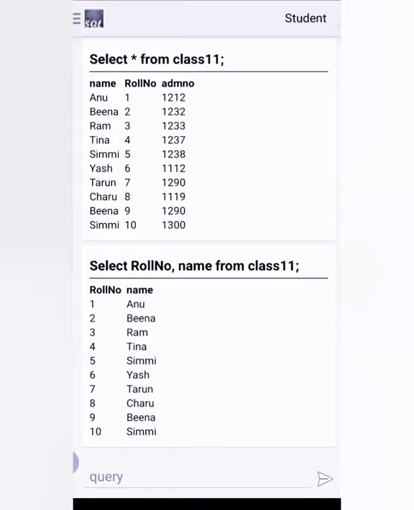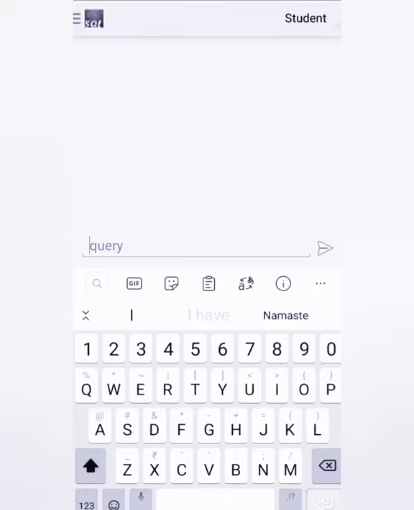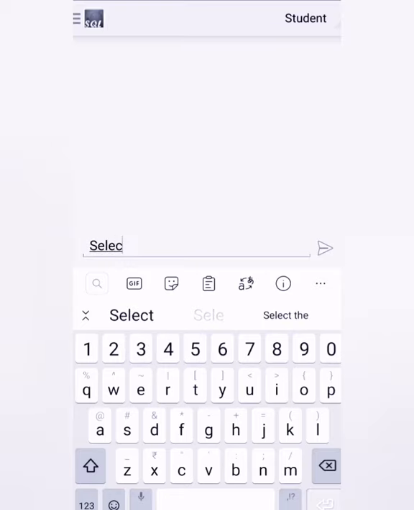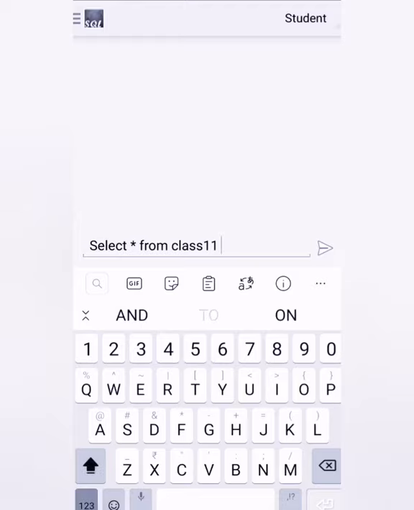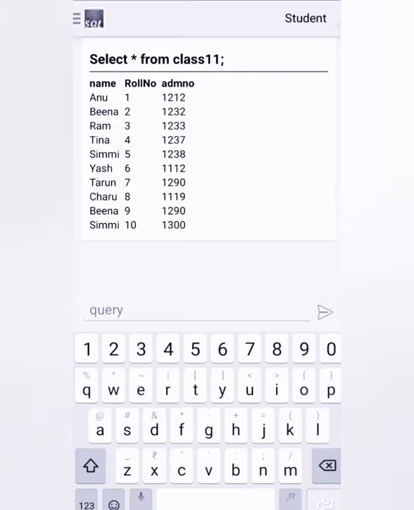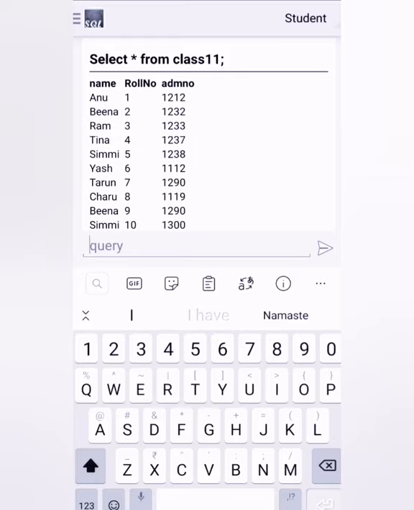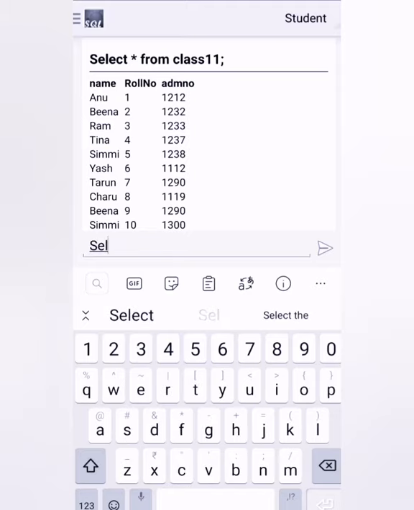Now the next command is to select particular rows from class 11. Again we see the table. This is our class 11 table. To select particular rows, we are selecting the rows in which the admission number is greater than 1200. For this, we write the command